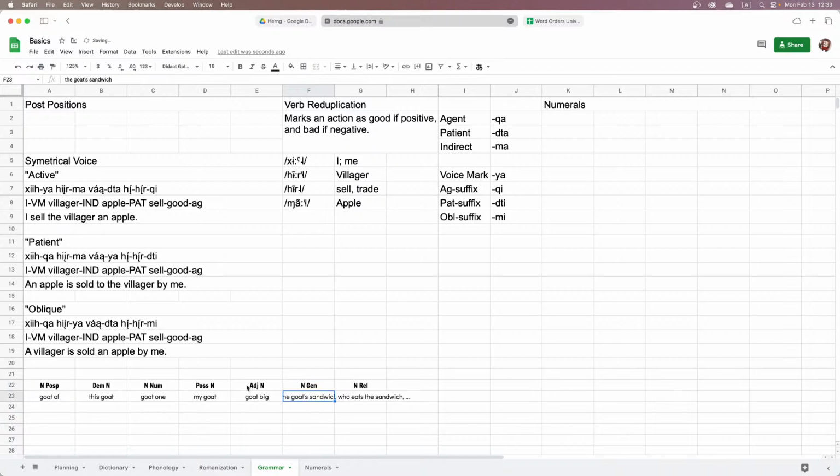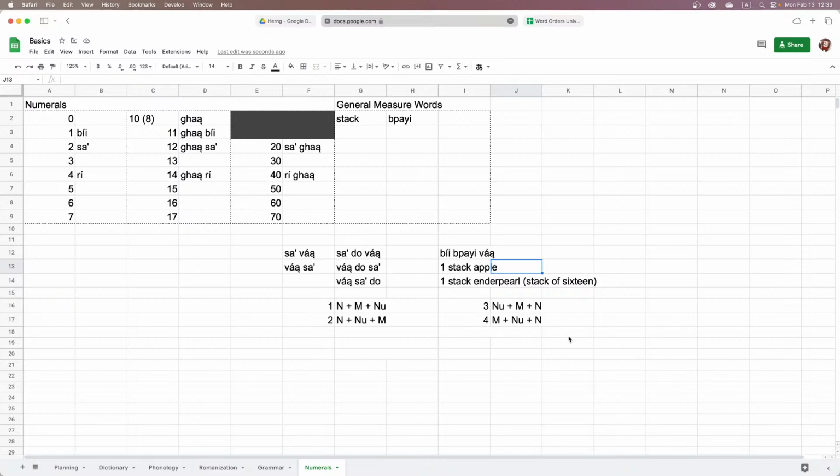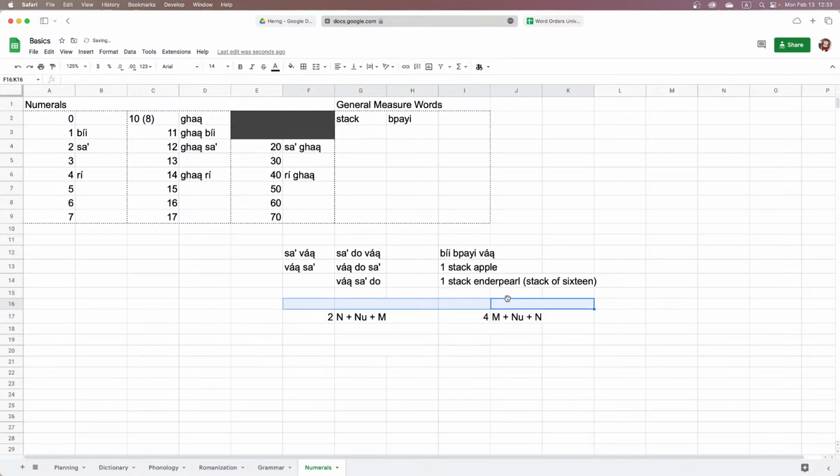And we can think of numeral phrases as possessives in a way. So we'd have the numeral before the measure word and the noun before the numeral. So we will go with option number 2,